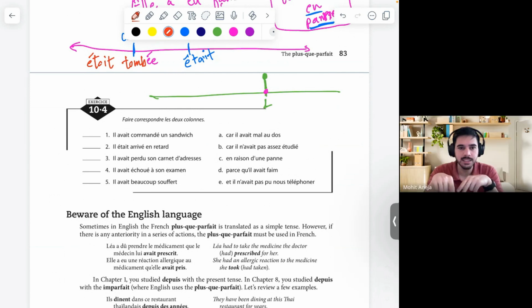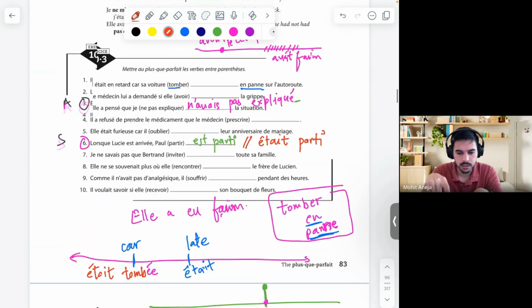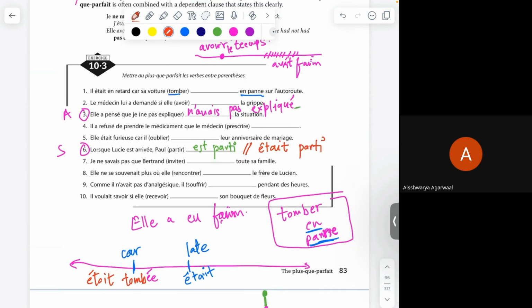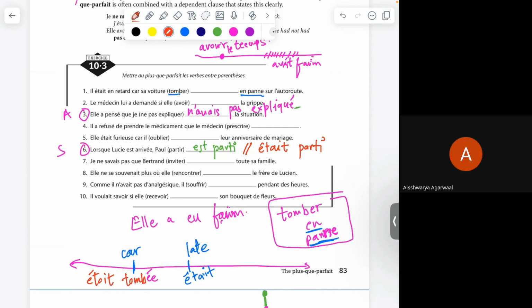Okay. In this exercise, it will be incorrect because we've been told to do something else. It depends what we're trying to speak. If we're trying to speak something before in the past, then it will be incorrect. Exactly, yes. Okay, got it. If you want to say that Lucy had already come before Paul, whoever was first and whoever was later, if you want to say that and you write passé composé, that is incorrect.